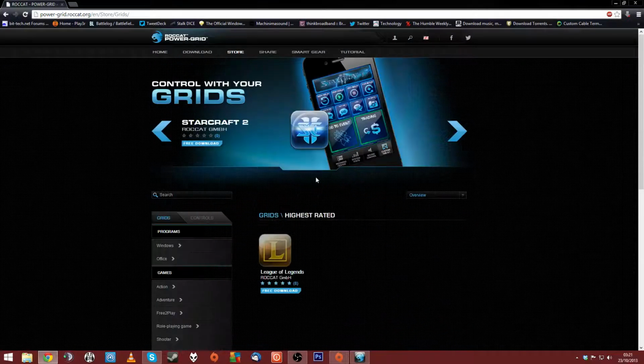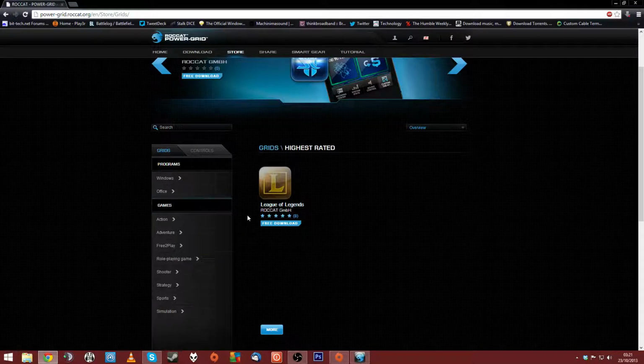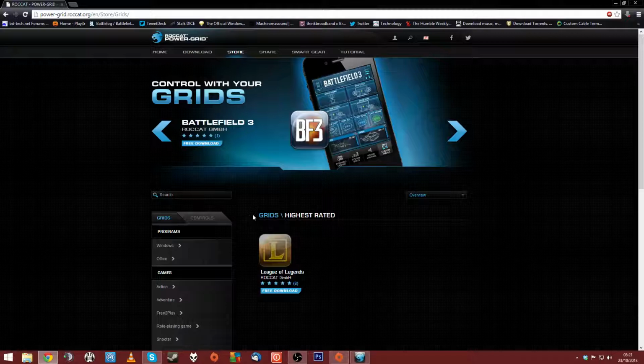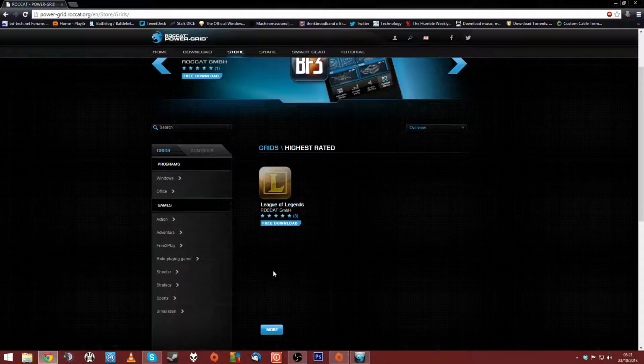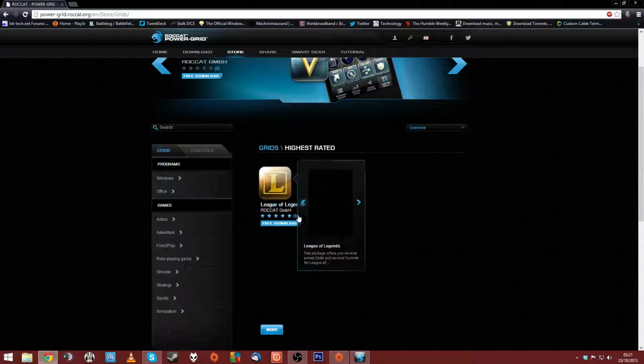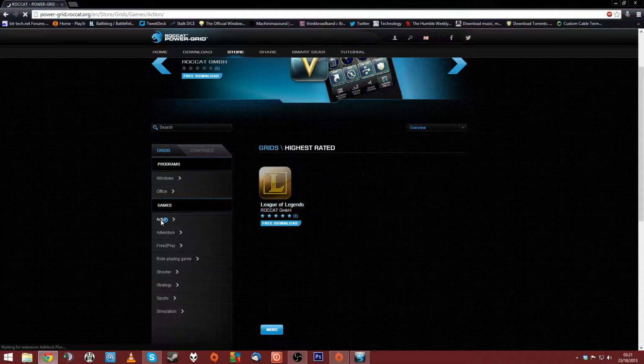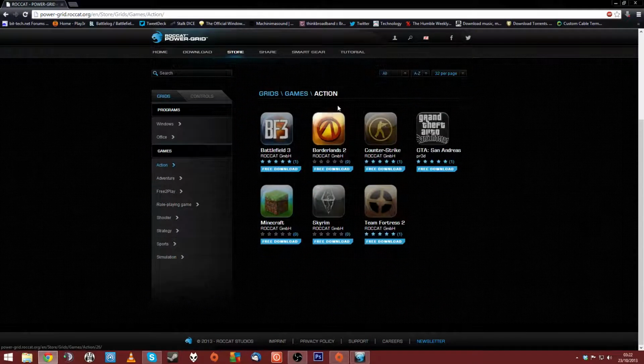At the store here, whilst you're not actually paying any money for any of these, I'm pretty sure there'll be some premium grids that'll come out in the future. The top one here actually happens to be the League of Legends one. That's because it's got 8 ratings. But there are others, BF3, Borderlands 2. These are designed by